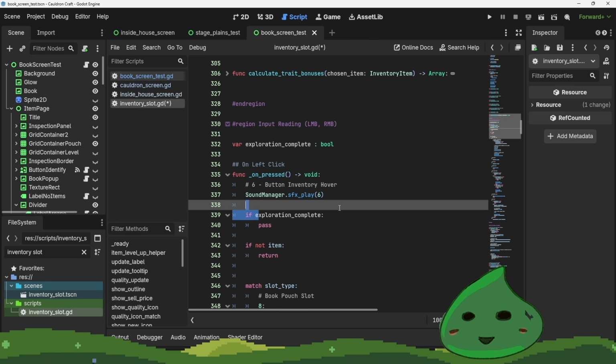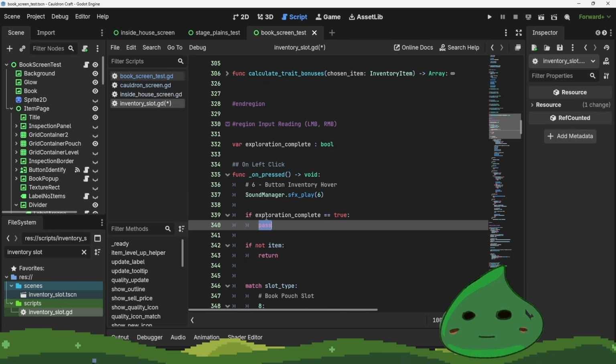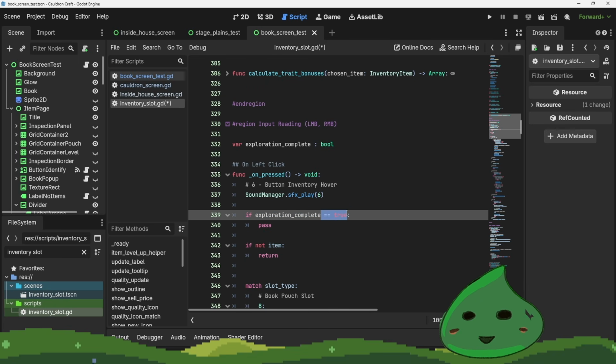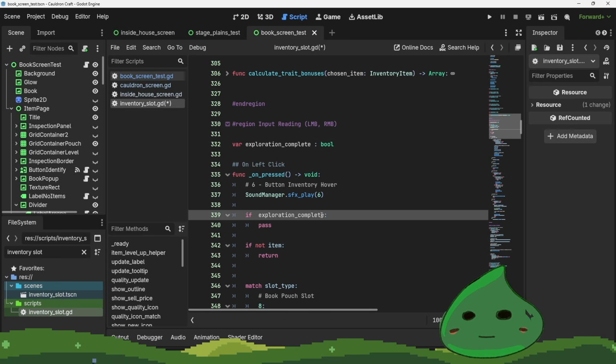Now this is going to work for us. I'm going to pass it to get rid of that error. But this works for us because when we have an if statement like this with the boolean, it's basically checking if this is true or not. And so in this condition, this is like saying if exploration complete equals true, then pass. So this is what it is, and we can shorten equals true to just this, right? And so when we read this just visually, it'll be if exploration complete, parentheses, is true, pass. And we can also say, hey, what about the false condition? If not exploration complete, pass. This is the same thing as doing